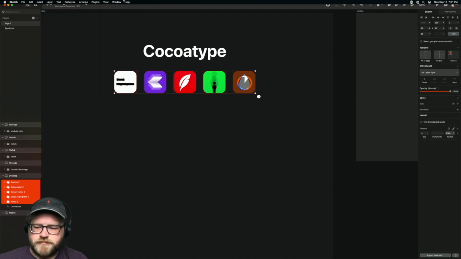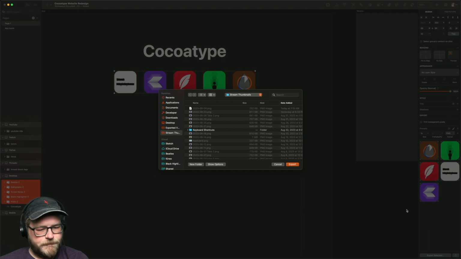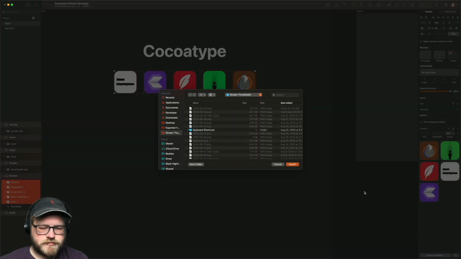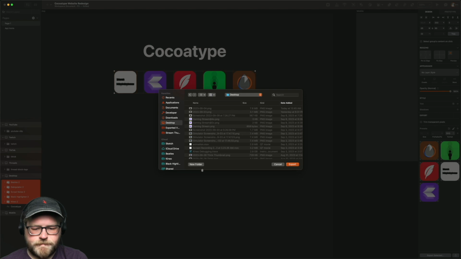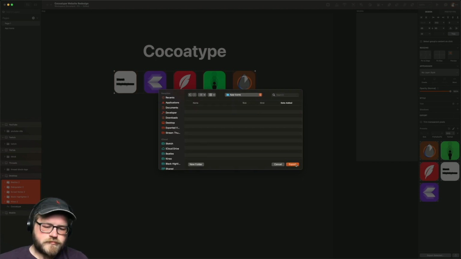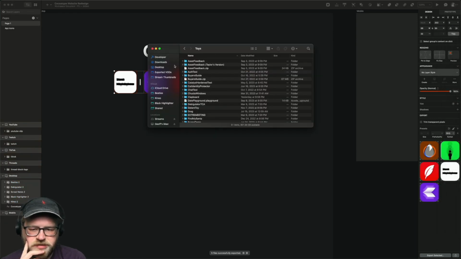Make exportable. Boom. Okay, so I can export all of these. Can I export them as SVG? That would be great. Yeah, these will be good things to use for my